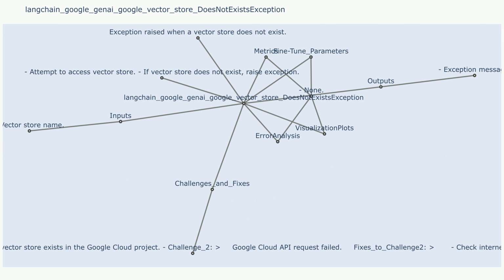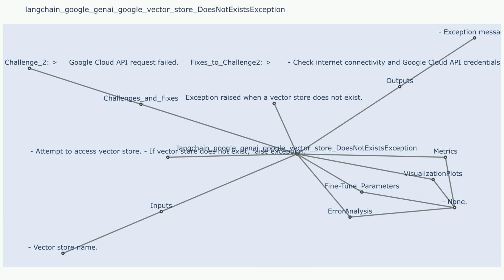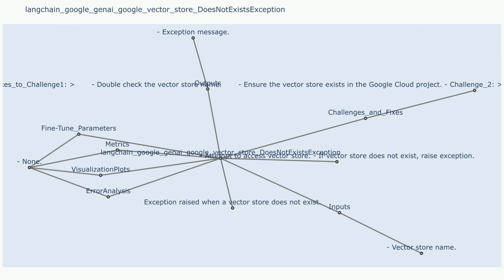Inputs: Project ID, the Google Cloud project ID where the vector store is expected to reside. Region: the Google Cloud region where the vector store is expected to be located. Vector store name: the name of the vector store being accessed. Outputs: Error message, a detailed message indicating the vector store does not exist, including project ID, region, and vector store